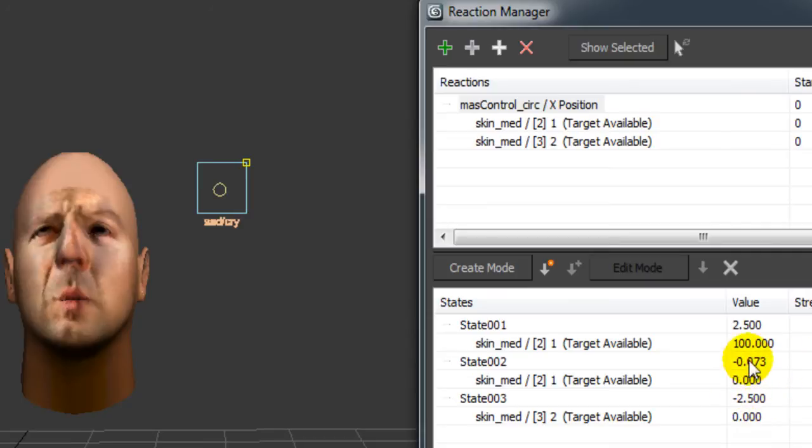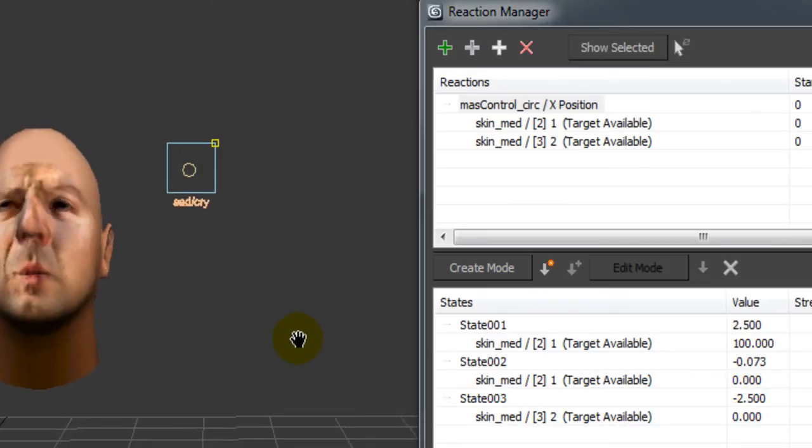So we have positive 2.5 and negative 2.5 here, because our square measures only 5 meters. That's why we only have this value. But if you have 10 meters, you have to give positive 5 and negative 5 here. This time we give positive 2.5 and negative 2.5 because this square is only